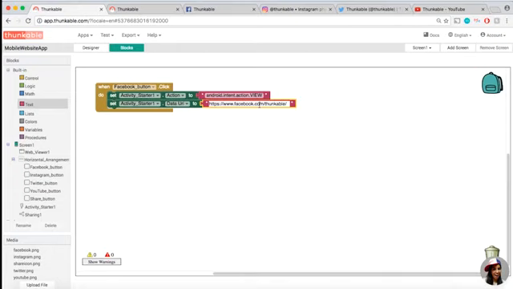If I leave it like this, it will actually open up into the web browser on my phone and go to facebook.com and open up the thunkable page. If I wanted to launch directly into the Facebook app, you need to add something before this. And what you need to do is